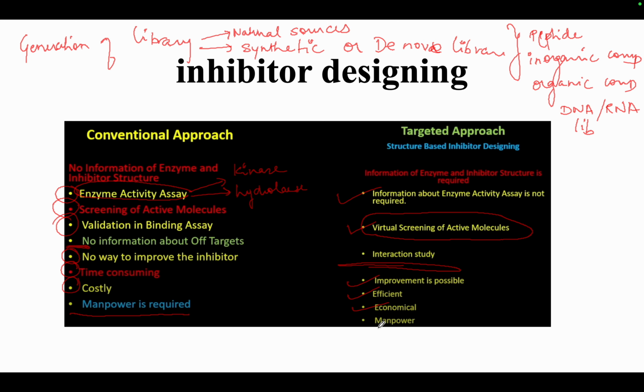So at the biochemical level, once we shortlist a few of the active molecules by virtual screening, those 5-10 molecules, we can do a biochemical assay for those only, and not for thousands of active molecules present in the library. So it's quite economical, and